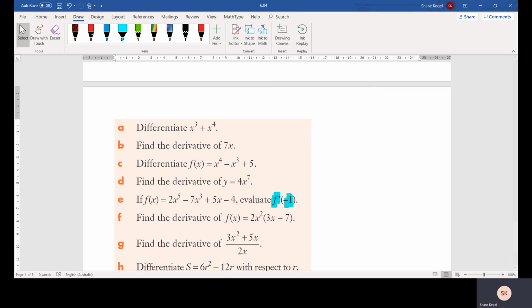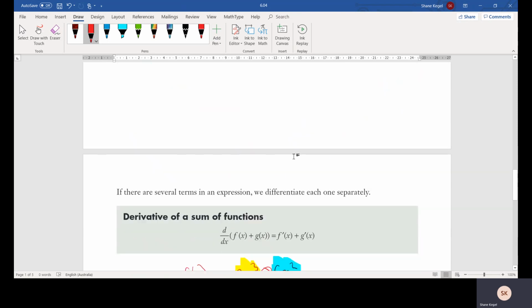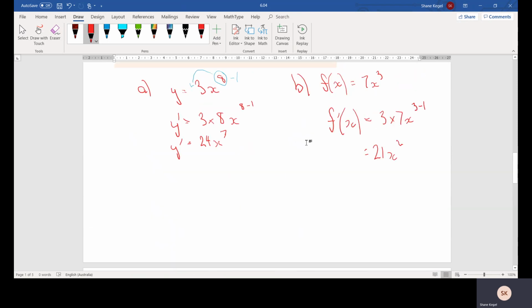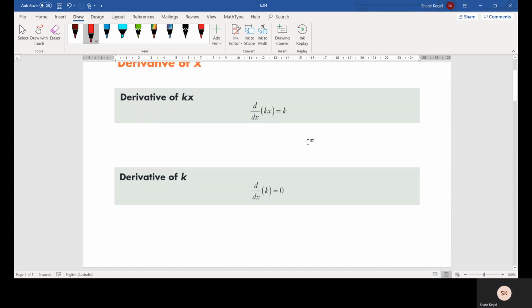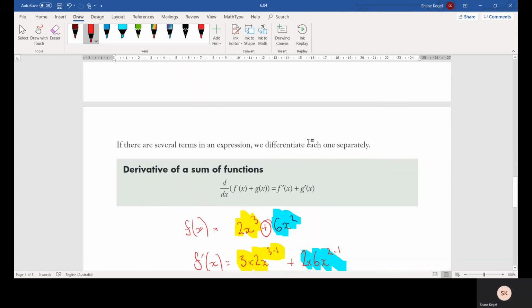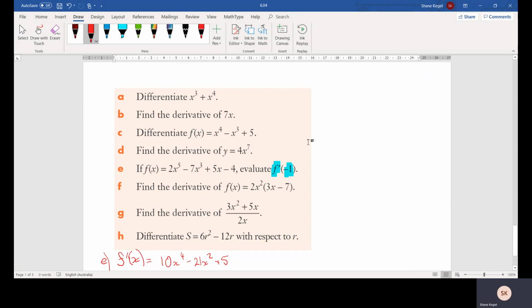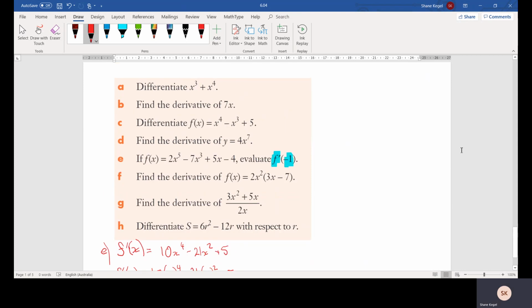Okay, part F. So if I scroll back up to one of my laws up here. Okay, so